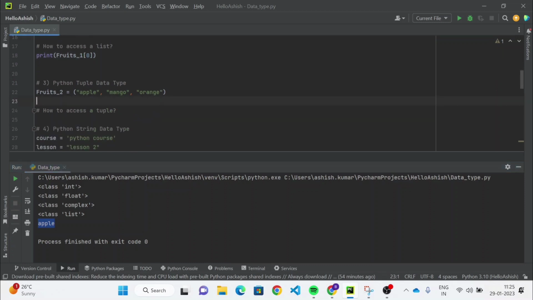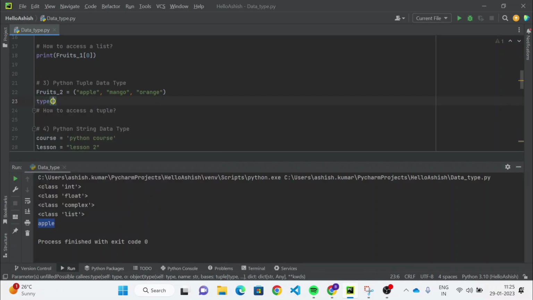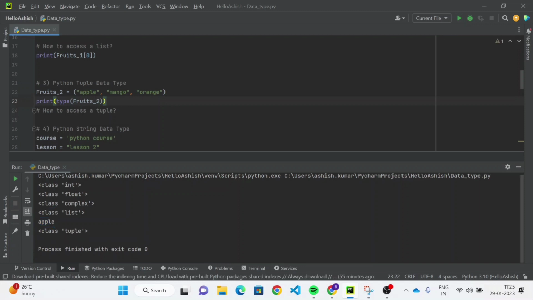Now let's see the type of this variable fruits2, and let me print this type. So the type of this variable is tuple. And in the same way, we can access a tuple.